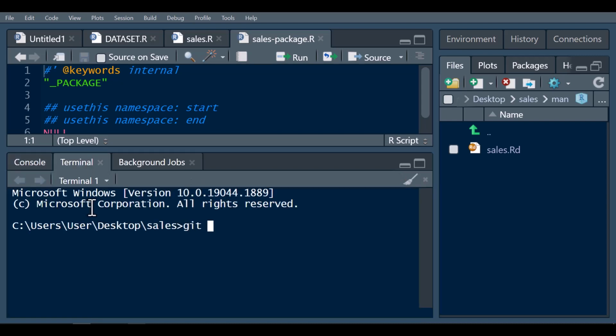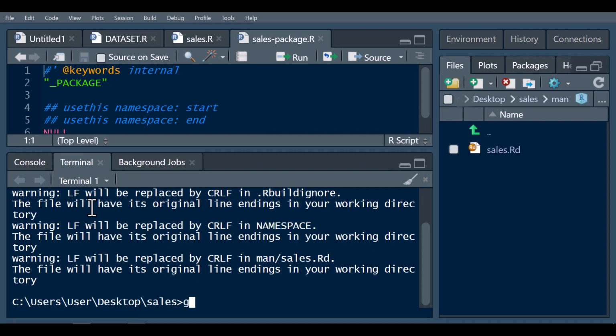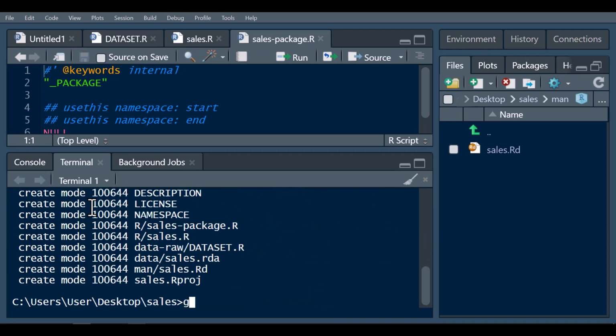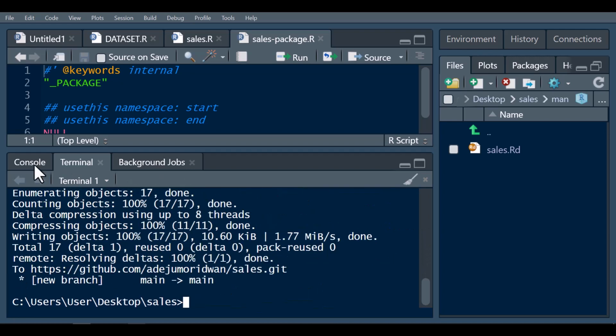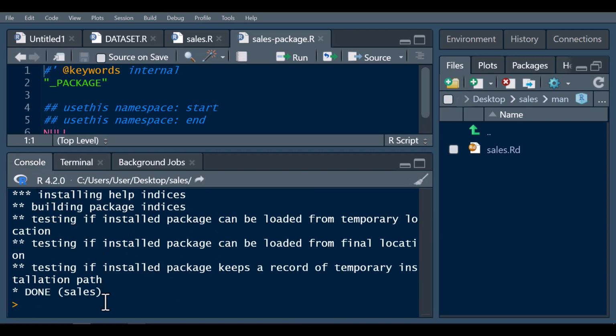to GitHub. I'm going to say git add, then git commit, and we can just call it git commit update, then git push. You can see now I've already pushed it to my GitHub repository, so anybody can install it from my GitHub repository, which I'm going to show you now, how someone can install